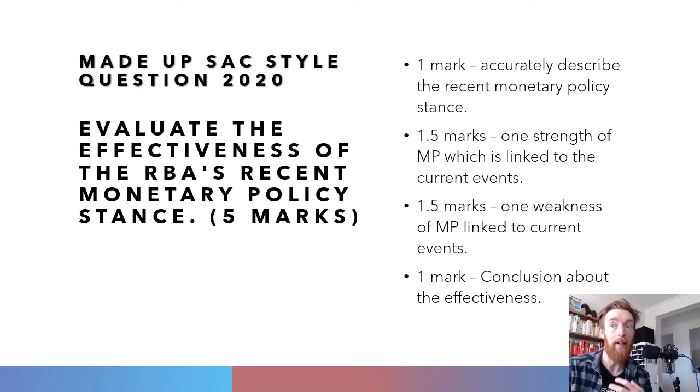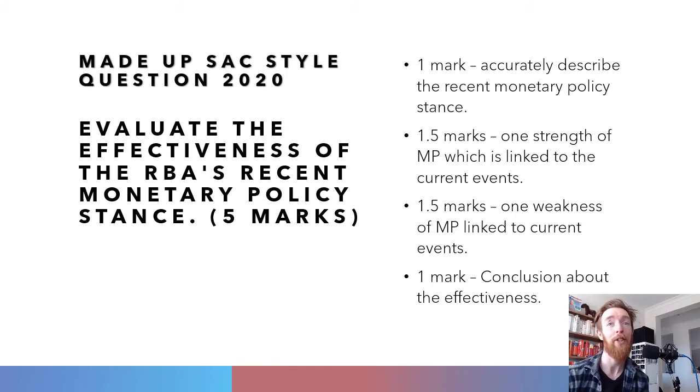Whereas talking about the fact that the implementation lag of monetary policy is so short, therefore, when they decreased the cash rate in March, banks were able to pass on some of the rate cut the next day. That's really clear and really linking it into what we're talking about right now. It's the same when you get into the weaknesses. You can talk about the impact lag, that's pretty relevant. Talking about the fact, what we were talking about, really low consumer confidence is the easiest one to talk about at the moment, because if consumers and businesses aren't confident, they're not going to borrow money, and therefore it's not going to be effective.